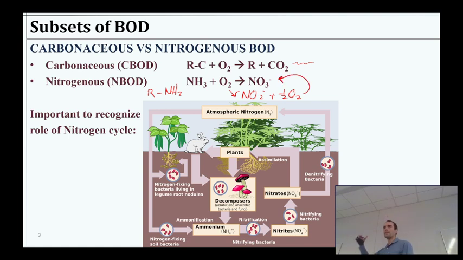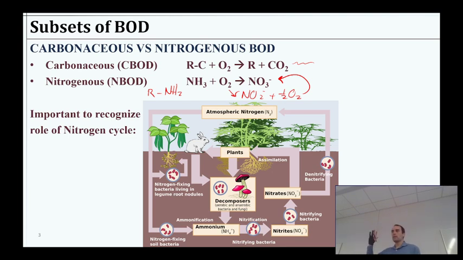But the overall process is you're oxidizing the nitrogen to nitrate ultimately, and perhaps even further you can denitrify it, which is, even though you're removing the oxygens, you're technically oxidizing the N. You can get to N2 gas eventually. Now that's a little different, and that's not quite an oxygen demand. That's just the final product of oxidation. So I'll just set that aside for now.